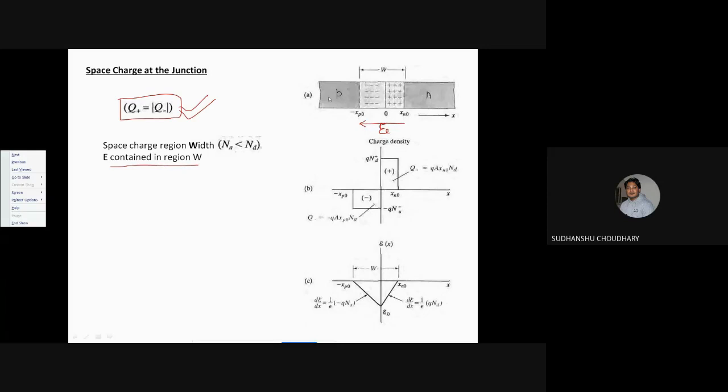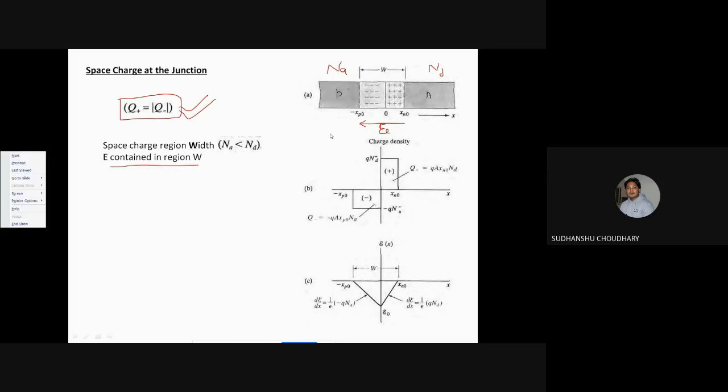Otherwise, it will be present in either the p-type or n-type region, depending upon in which portion the charge is smaller. Okay? So this can be modeled by mathematical equations. We will model this to find out this relation, that is, these two charges have to be equal. In fact, that can also be understood by considering the doping concentrations across the p-type and n-type region.